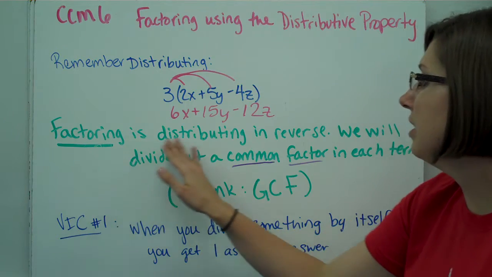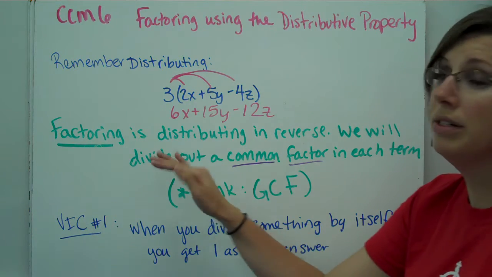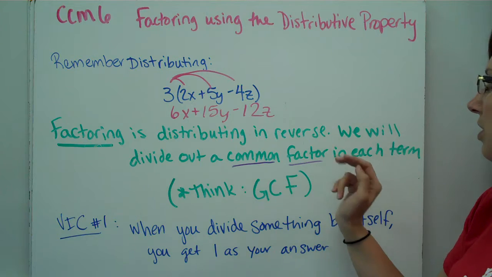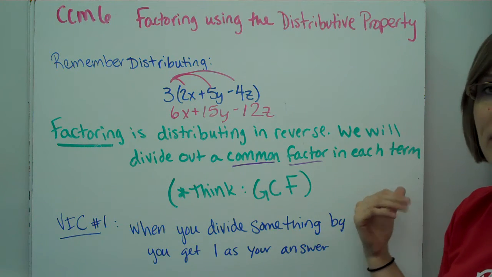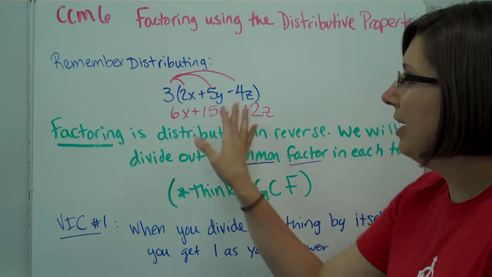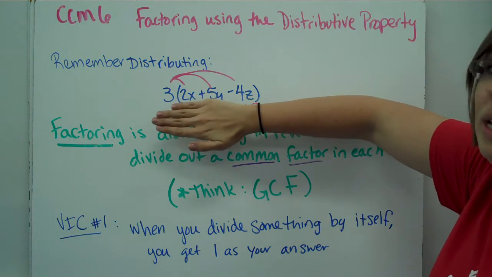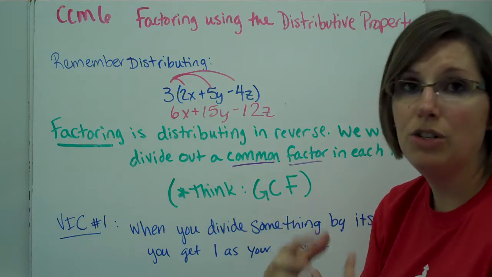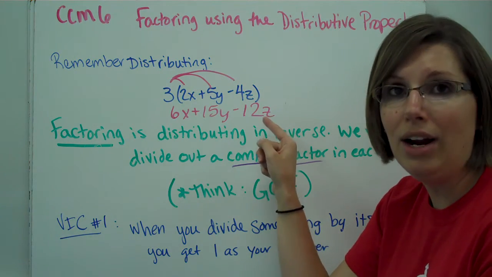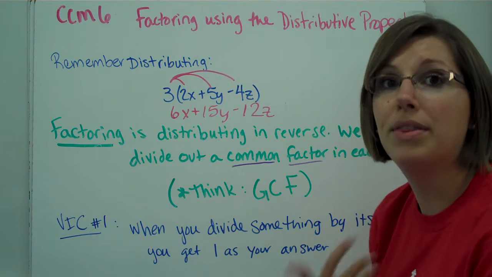Factoring is the distributive property, or distributing, in reverse. We will divide out a common factor from each term and get what's written in blue as our answer. So we'll be given, in a situation, what's written in pink here, and we'll have to undo the distributing, which